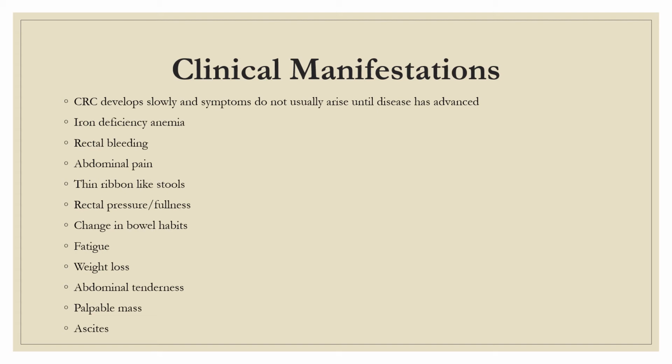A late stage would be a palpable mass as well as ascites, especially if it has spread to the liver. That's where ascites may begin. Bleeding on the right side of the colon is more common than on the left. Right-sided cancers of the colon are more likely to cause diarrhea, whereas left-sided cancers are detected later. Left-sided is detected at a later stage and usually presents with more of a bowel obstruction rather than diarrhea. Complications of colorectal cancer usually lead to obstruction, bleeding, perforation. Patients can have peritonitis, as well as fistula formation.